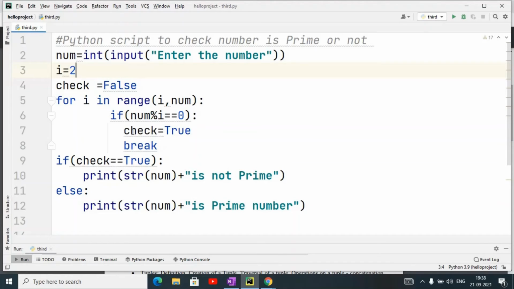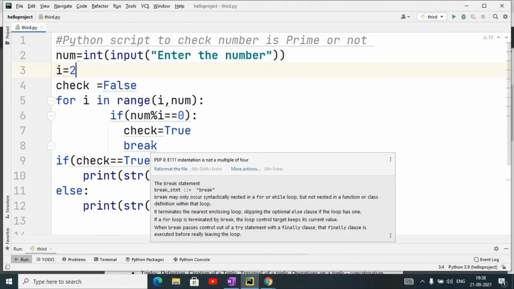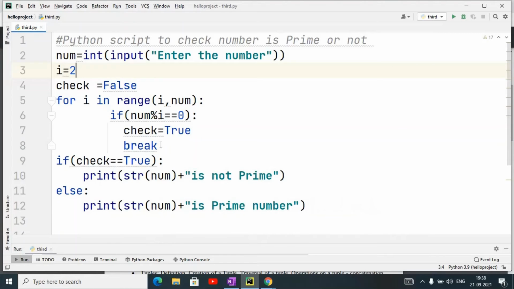Whenever this condition is satisfied, it becomes true, and we use the break statement to terminate that loop. Then outside the for loop, if check equals true, we print number is not prime, else number is prime. So we will check.